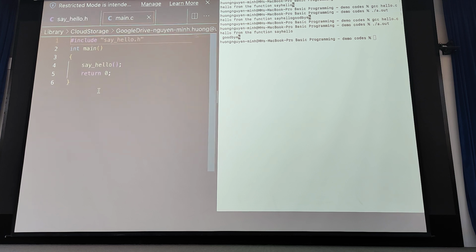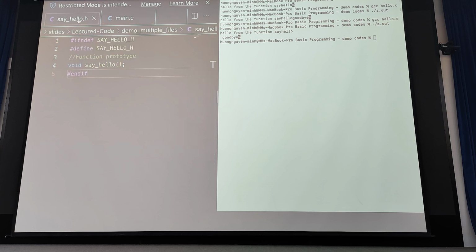For example, in the main function, you call the say hello function, but you didn't define it. However, you see here a header file, say hello.h, and in say hello.h you define the function prototype.